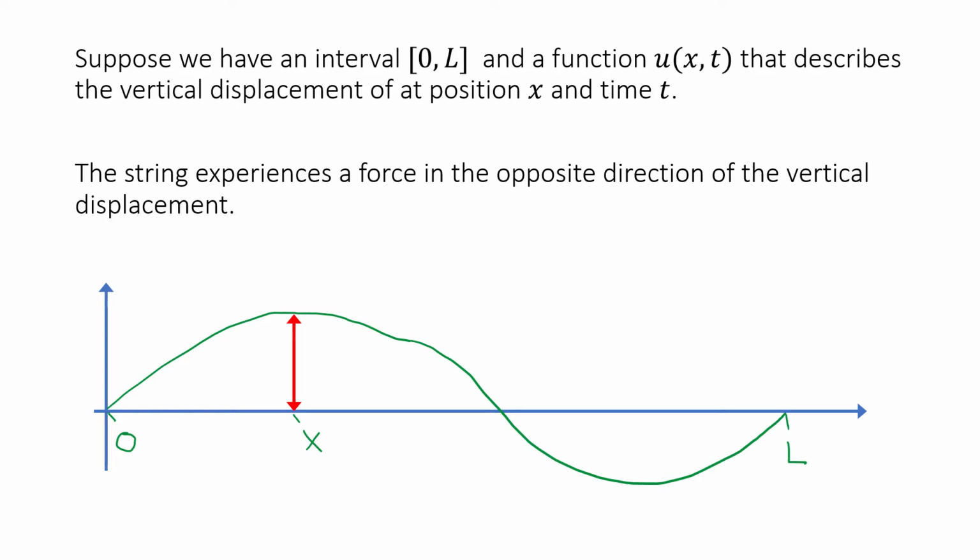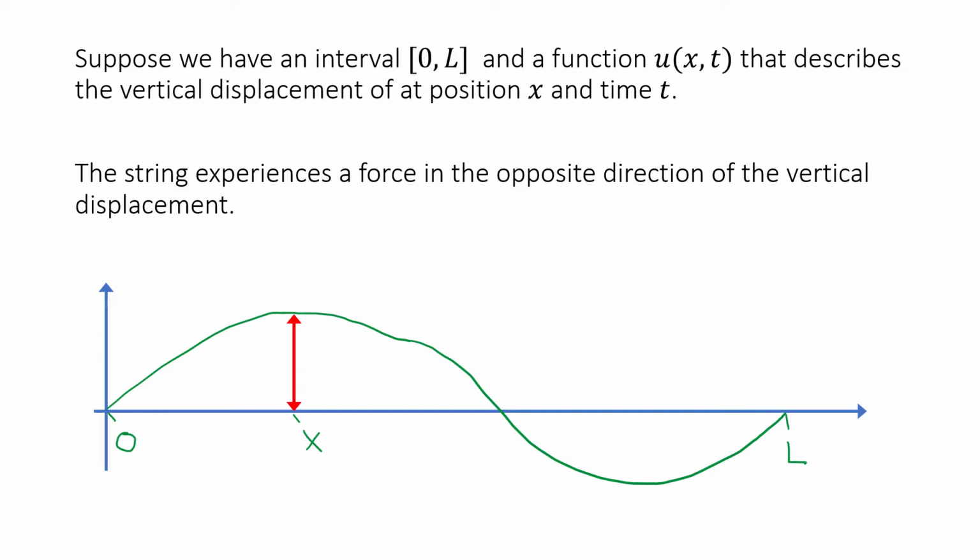In the model of the wave equation, the string experiences a force in the opposite direction of the vertical displacement. That is, wherever the string is displaced upwards, there's a force pushing it downwards. That is the case at position x. It experiences a force pushing downwards. And on the other hand, wherever the string is pushed downwards, that is, wherever u is negative, it experiences a force pushing it upwards. That is a fundamental setup of the wave equation that we will introduce in the next